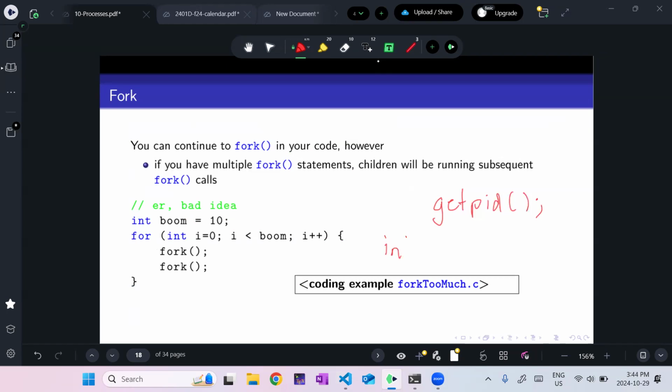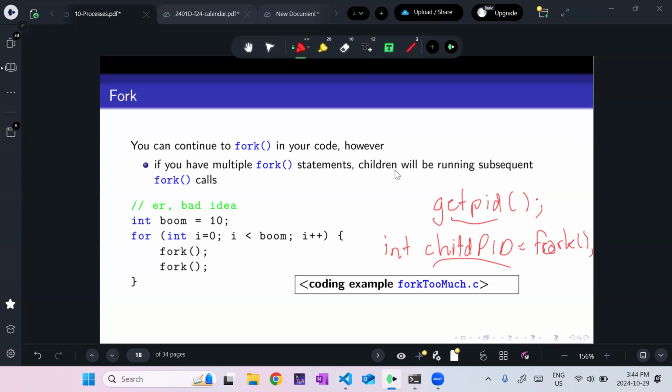ID. So when I say int child PID equals fork, well, if it comes back to 0, it's because, as a child, I don't need to know my own ID. I can always find it. But as a parent, I do need that child ID. So if it's not 0, it's the child ID, which is why it's called this. So only the parent gets a value, the child gets 0. All right, hopefully that answers your question.